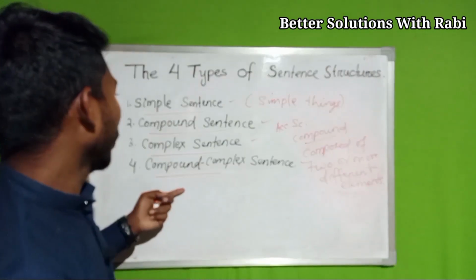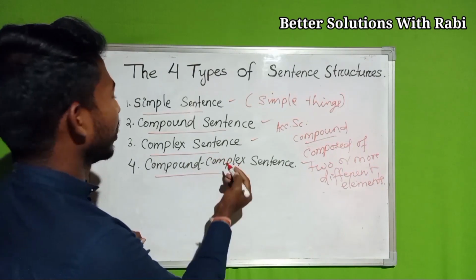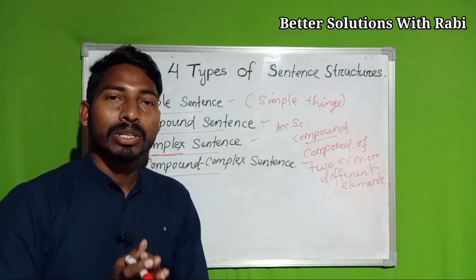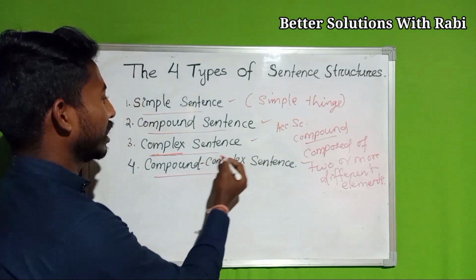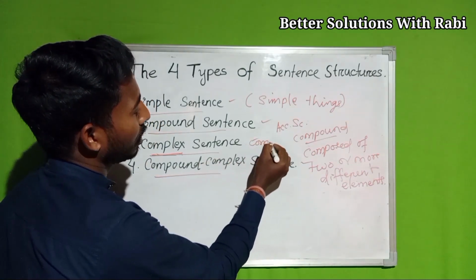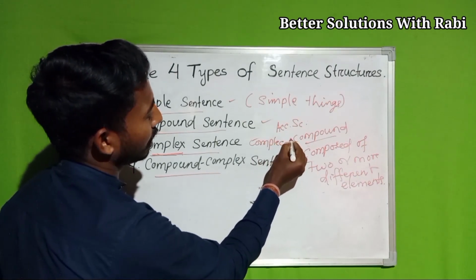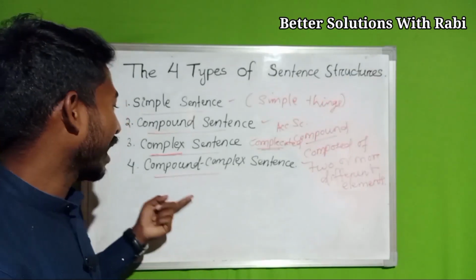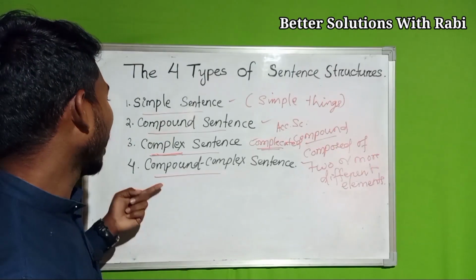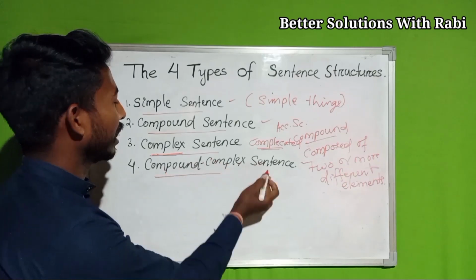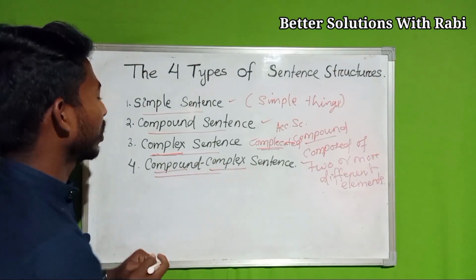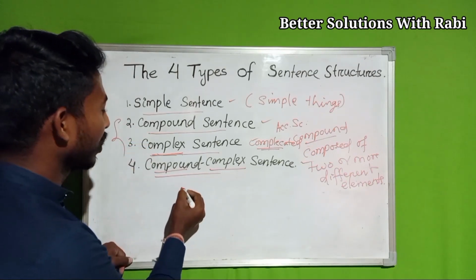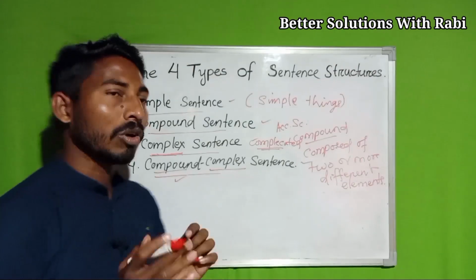If you go to the next one, the complex sentences. This word complex itself tells us that there is some complexity present in this sentence, or some complications will be there. So we can write here: complicated. Some complicated things we will face here, but no problem, we'll make it as easy as possible. Now, let's go to the fourth one, compound complex sentences. That means the features of both the compound and the complex will be present together here to make it a compound complex sentence.